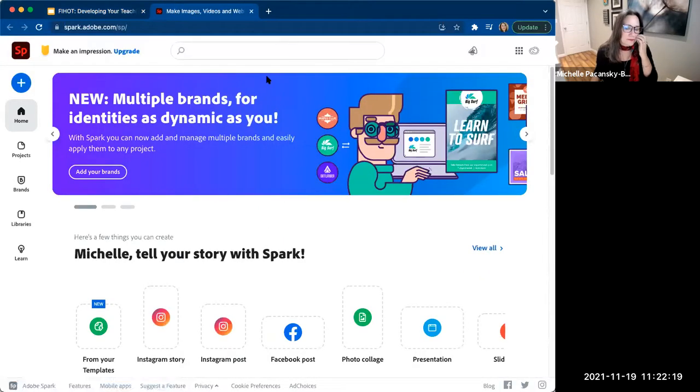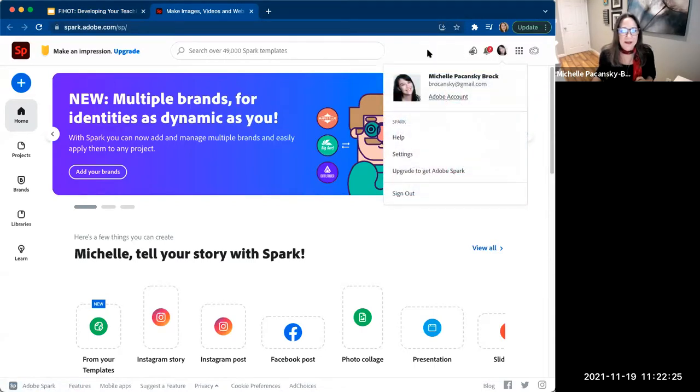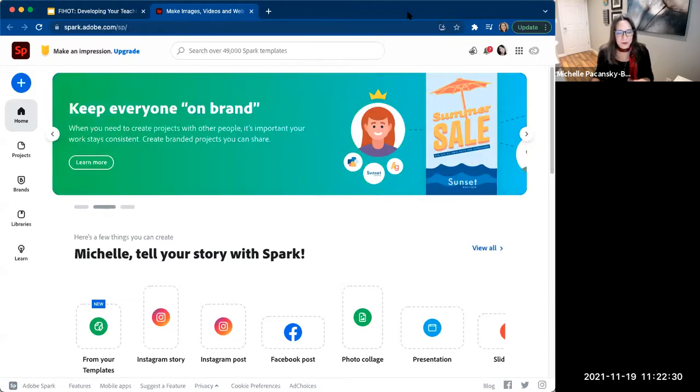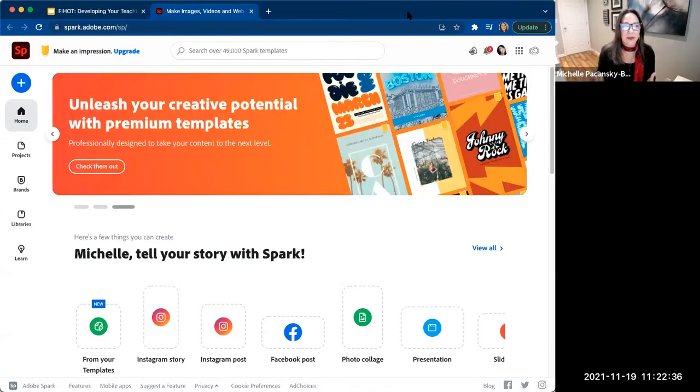So we're going to go over to spark.adobe.com. And I'm already logged in. Okay. So I'm going to show you around here. When you get to the point where you want to create your account, when we get to the hands-on time, again, reference that slide. I think it will be helpful to you. So when you log in, you're taken to this dashboard, and let me show you around a little bit.